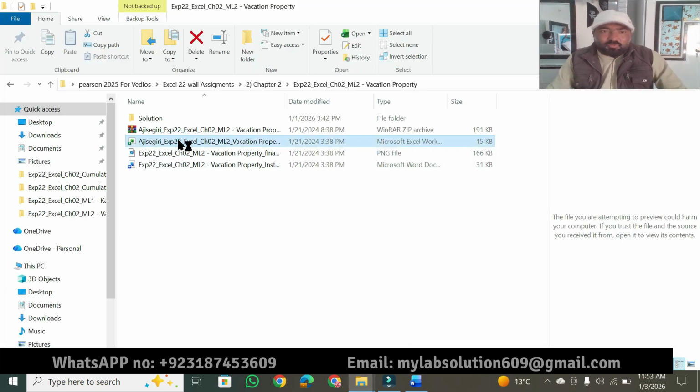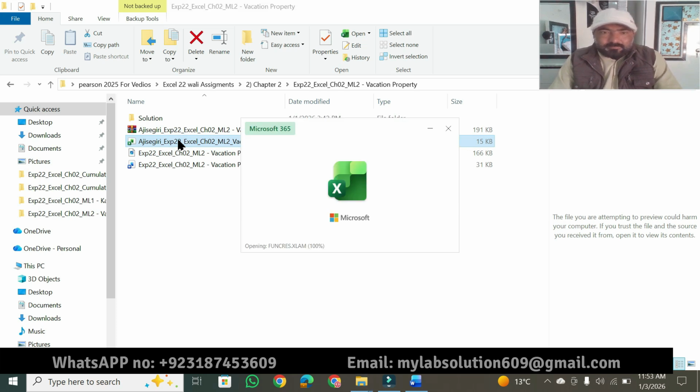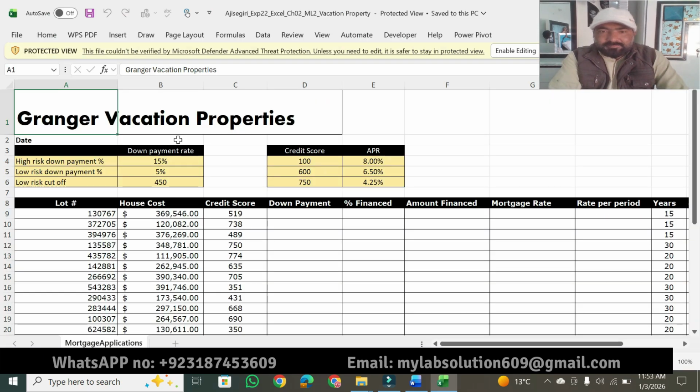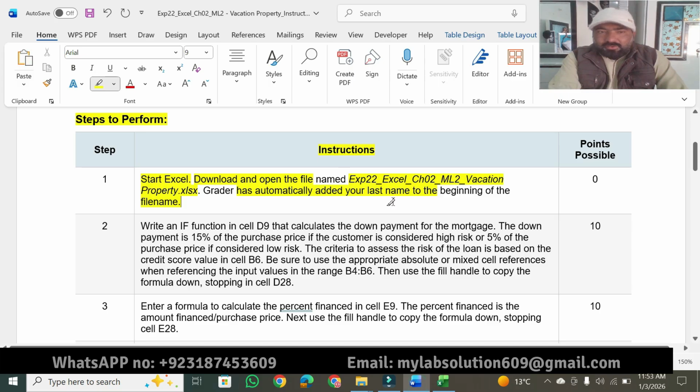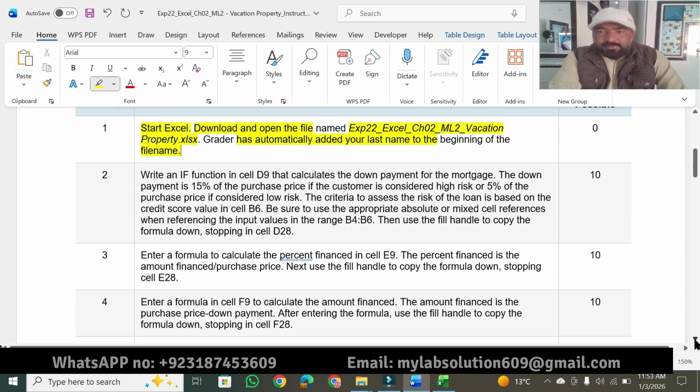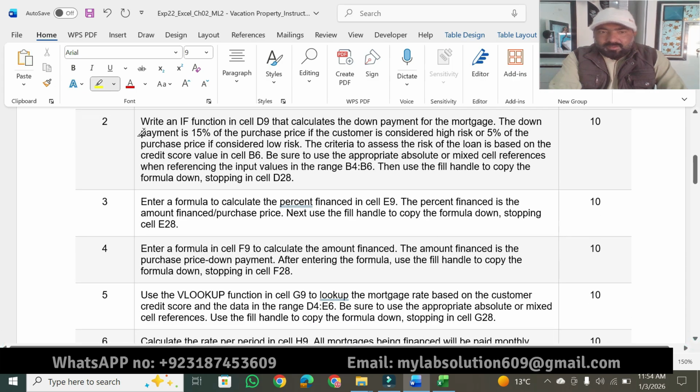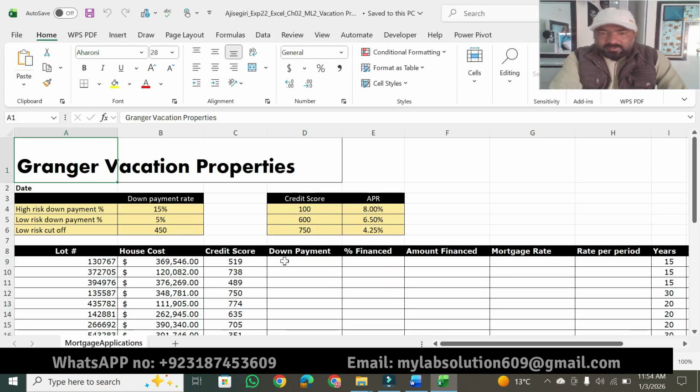So first we have to open the solution file. It is just opening. Then we have to click on enable editing. So the first part is done. Now we are moving toward the next part: write an IF function in D9. Now we have to move toward D9, and here we use the IF function